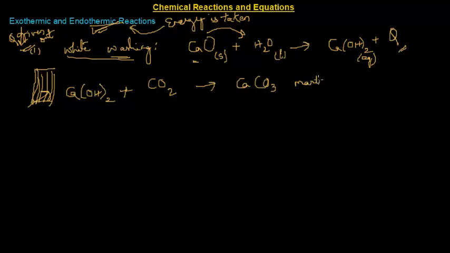So, when whitewash is done, after 1 or 2 days, it forms a coating which is shining and hard. It is a marble coating. Okay. This is an exothermic reaction. Okay. Have you ever observed a washerman or dhobi ironing your clothes? How does he do that? He doesn't use an electric iron box, right?